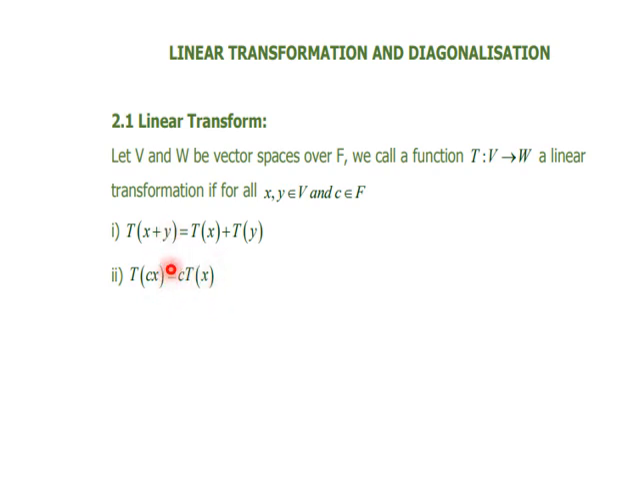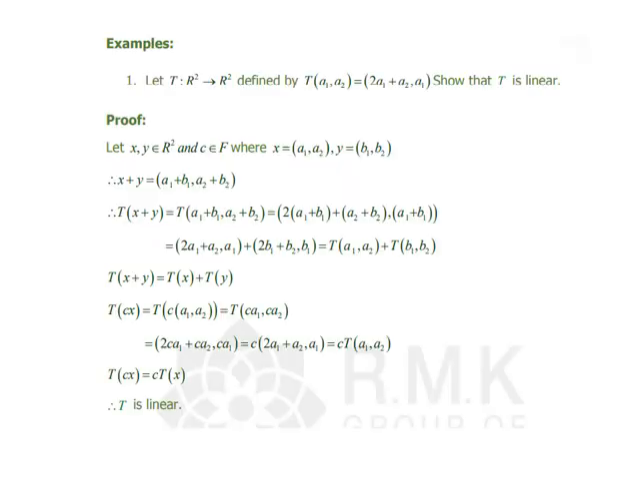So when these two conditions are satisfied by T, then you call that function T from V to W a linear transformation. Now based on this given function, we will check whether it is a linear transformation or not. It means if the function T satisfies these two conditions, it is a linear transformation. Otherwise, no. So in the first one, we are taking T from R square to R square, which is defined